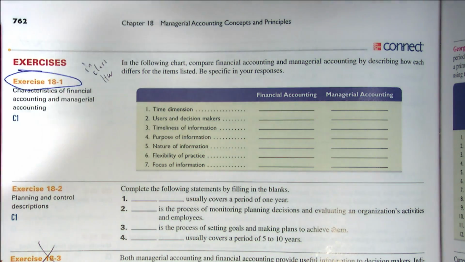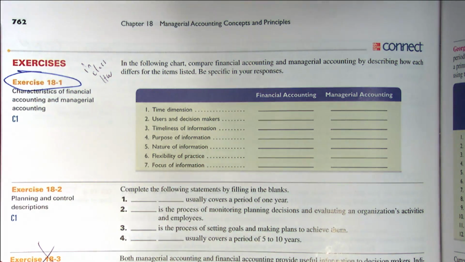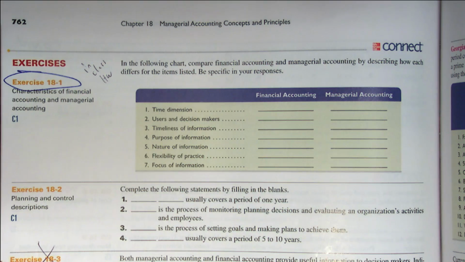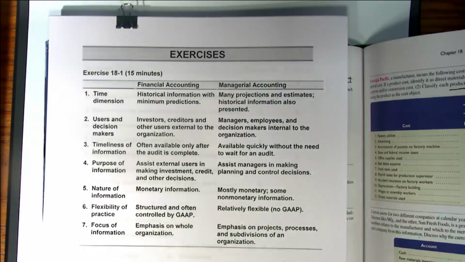Now, the question is here on the screen, and this is one of those questions where maybe you don't know what wording they want you to put in there, or maybe your wording is different. But let me show you the answers, and you might have different wording. That's okay. The main reason I assign something like this is so that when you review your homework as we get closer to a test, you'll know that I think this was important enough to assign a homework problem over. Make sense? So you can see what they say in regards to financial and managerial accounting, okay?